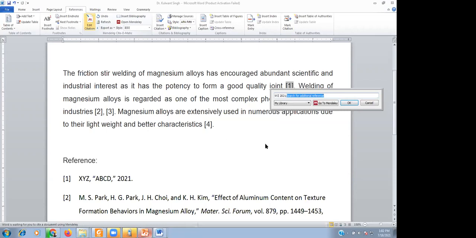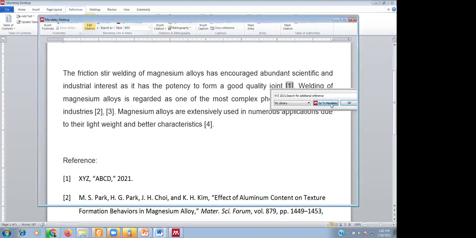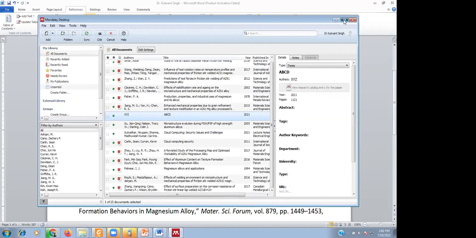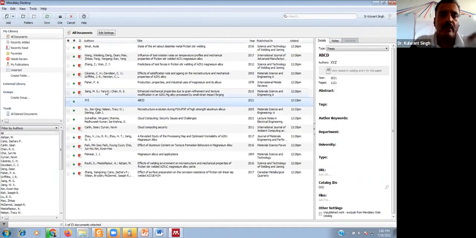I did many things. I uninstalled the desktop, then reinstalled it. I logged out of the account, then logged in again, but the same problem appeared. It may be because sometimes when we add one document more than one time in our Mendeley library, then the data creates a duplicate. So for such cases you have to check for duplicates.